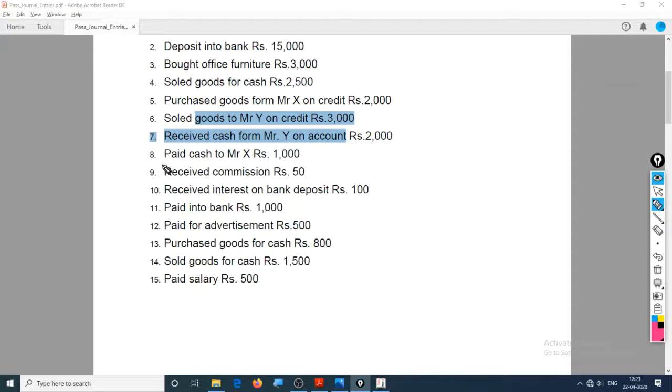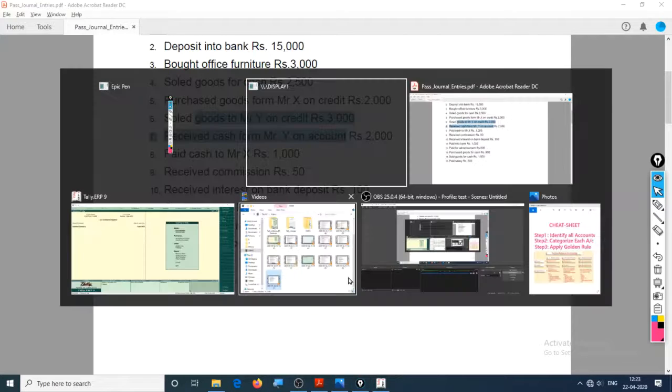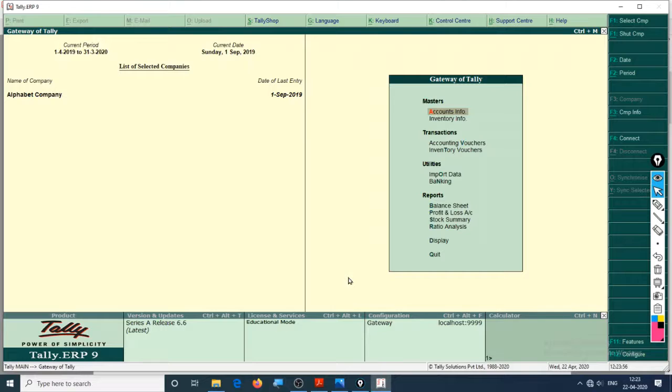It's okay if you are not understanding the balancing part, because when you keep doing it, there will be more clarity on the previous topics that were pretty blurred in your mind. So let's do it pretty quick now. Paid cash to Mr. X, rupees 1000. You just have to hold on tight. Rupees 1000 to Mr. X.